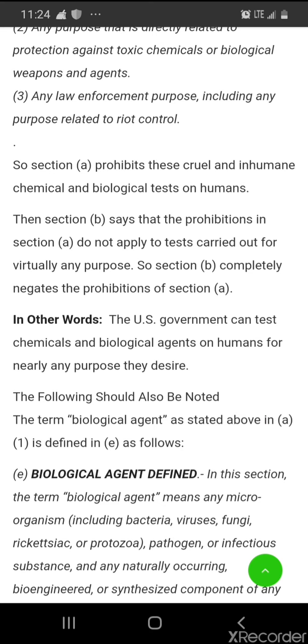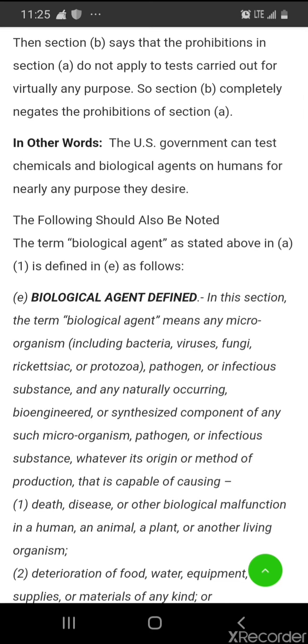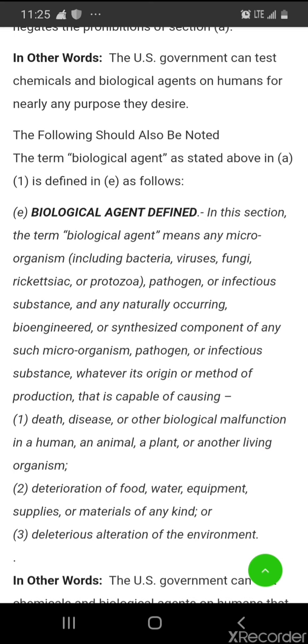The term biological agent, as stated above in Section A and 1, is defined in Section E as follows. Section E, biological agent defined. In this section, the term biological agent means any microorganism, including bacteria, viruses, fungi, rickettsiae, or protozoa, pathogen, or infectious substances, and any naturally occurring, bioengineered, or synthesized component of any such microorganisms, pathogen, or infectious substances, whatever its origin or method of production, that is capable of causing: number one, death, disease, or other biological malfunctions in a human, an animal, a plant, or another living organism; number two, deterioration of food, water, equipment, supplies, or materials of any kind;